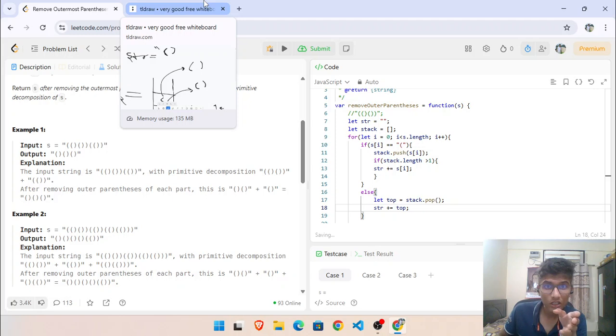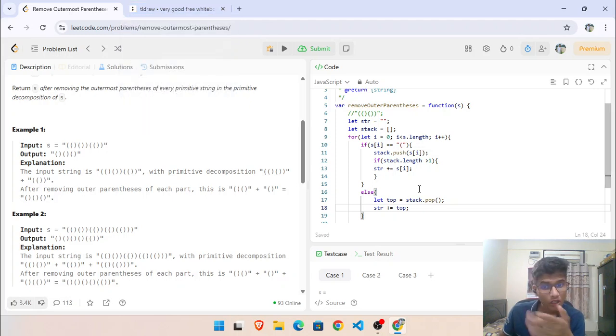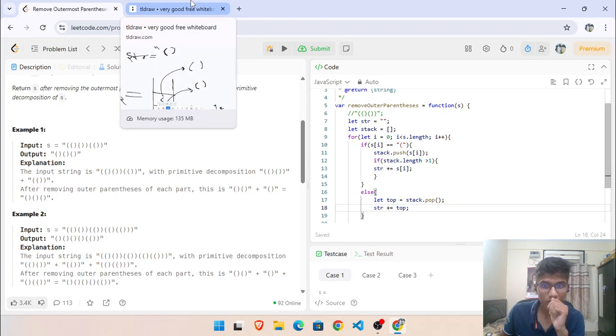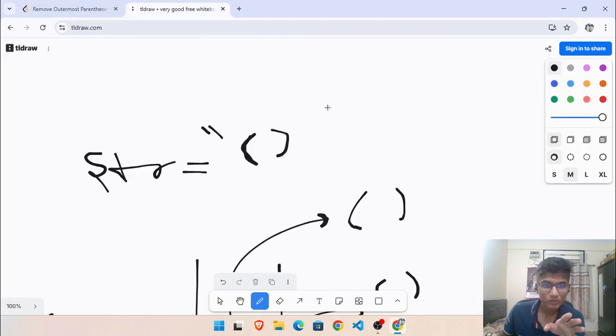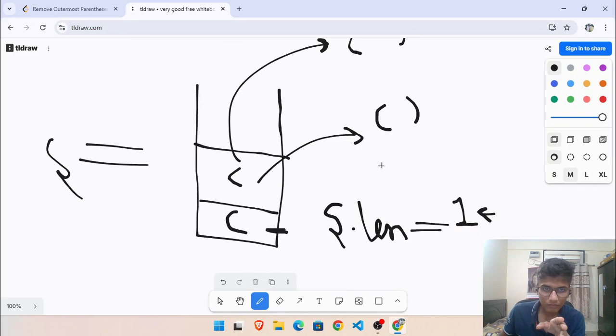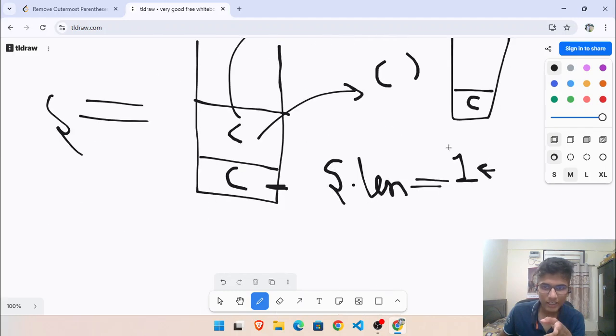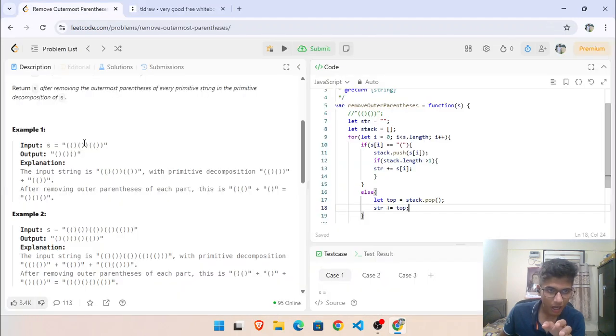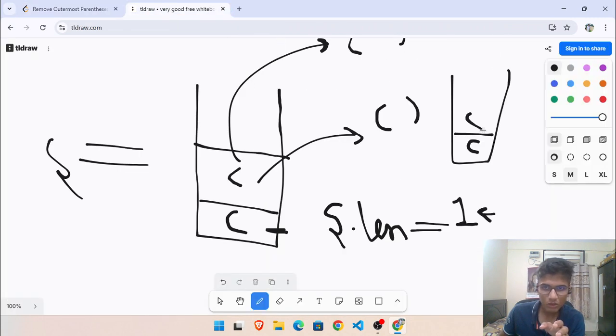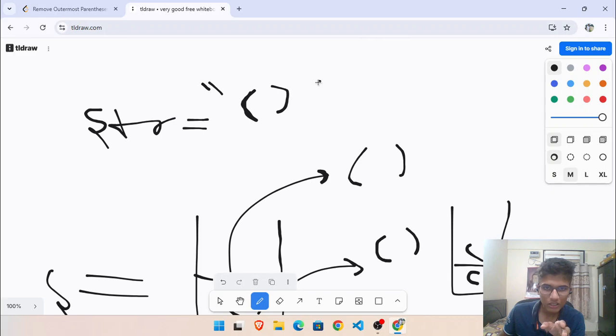Because if I do str.pop right now, I will lose it. I have to store it somewhere. Okay, and str += top. So see the behavior of this code. I'm popping it, and now my stack will become like this. It's kind of a messy thing. Okay, so the stack again has a single bracket. Again this comes in, so again my length will become 2. This will be pushed into str, and